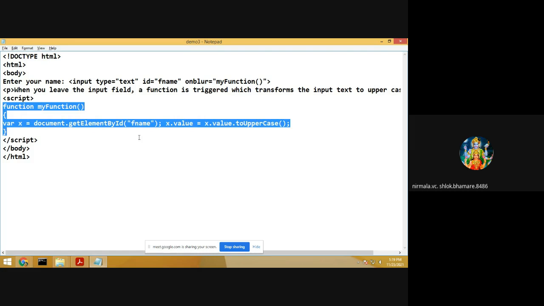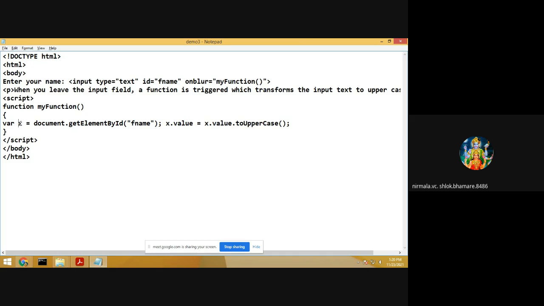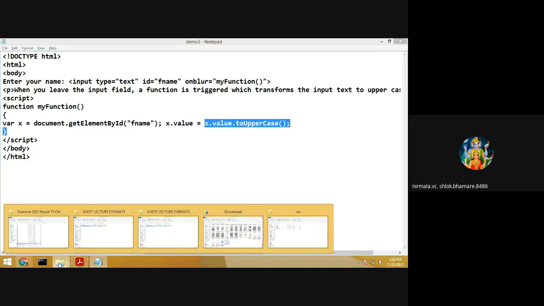Whatever text we have written in the text box, getElementById fname. Whatever is the value of fname, it will get stored in variable x, and that value is converted into uppercase. Okay, now let's run this program.